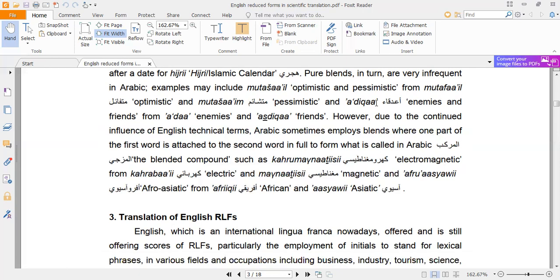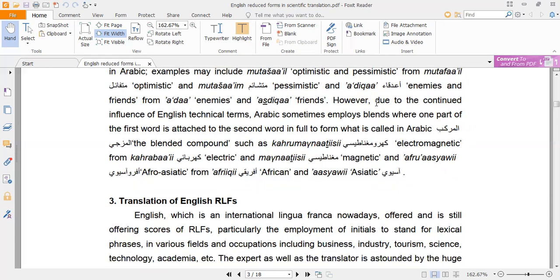The same thing with أعدقاء. I have أعداء and أصدقاء. أعد is taken from أعداء. قاء is taken, the last part, from أصدقاء. These two parts are put together and are pronounced as one word. So